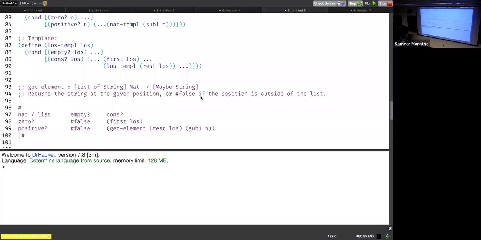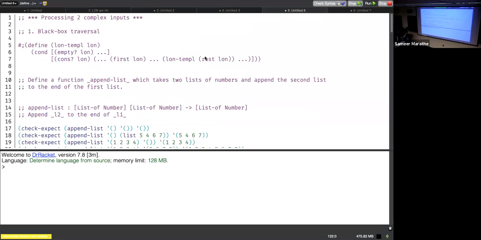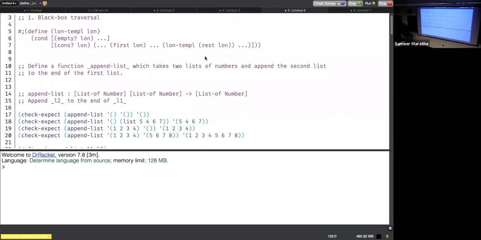So, if there aren't any general questions about anything in the course, we'll just pick up where we left off yesterday. What we were doing yesterday, we were looking at different patterns of processing multiple complex inputs. So just to recap, the first one that we looked at was what we would call a black box